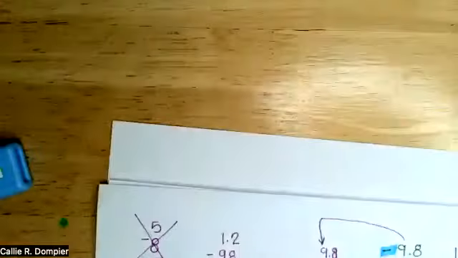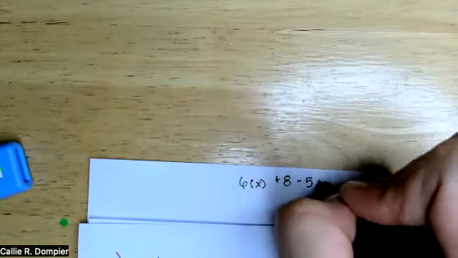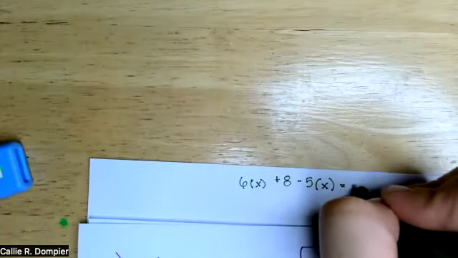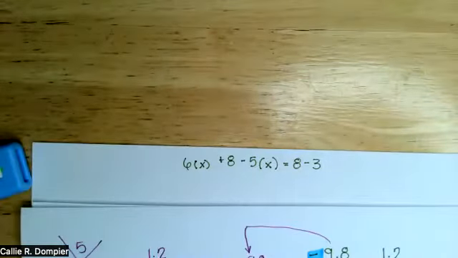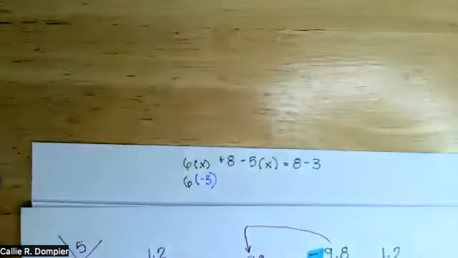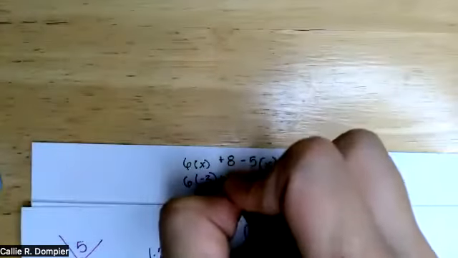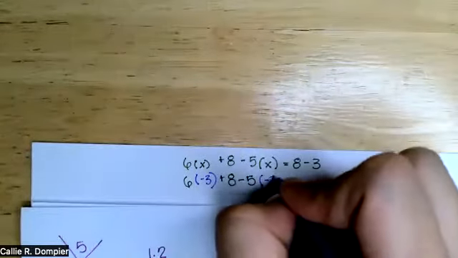So we had 6x plus 8 minus 5x is 8 minus 3. And we decided that x is negative 3. So now I have 6 times negative 3 plus 8 minus 5, again, times negative 3